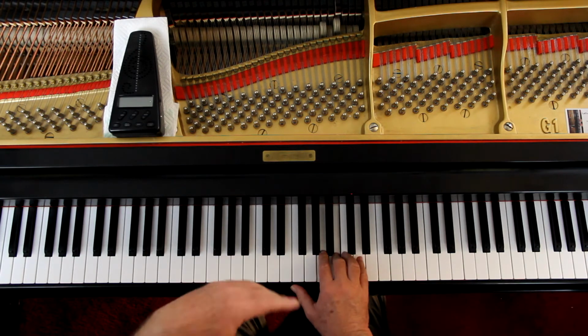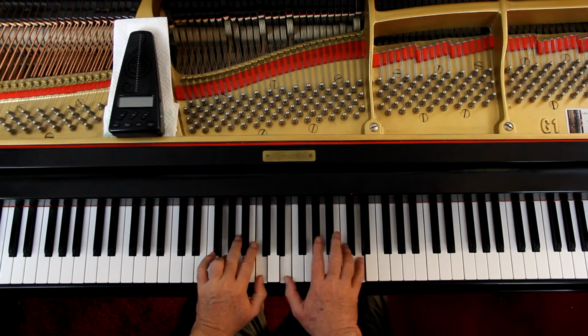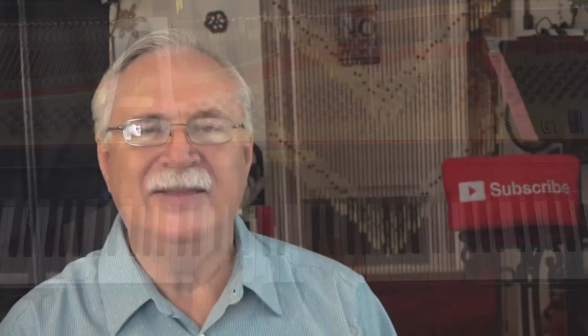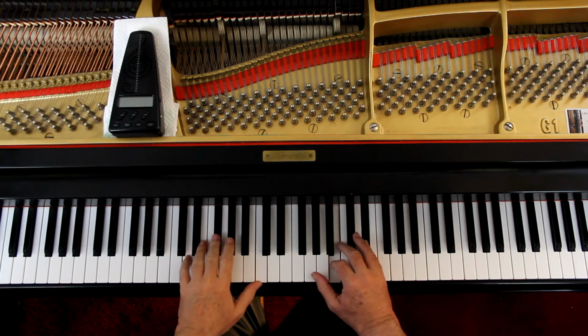And now here you're kind of a medium loud by the 3rd measure. And then the 2 quarter notes at the end of the line, those are loud. Now you're loud. Stay loud,